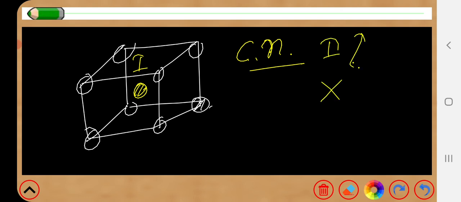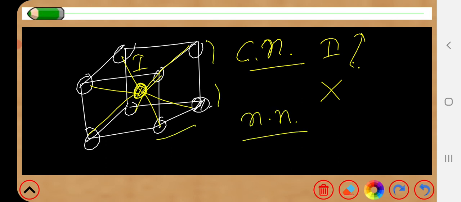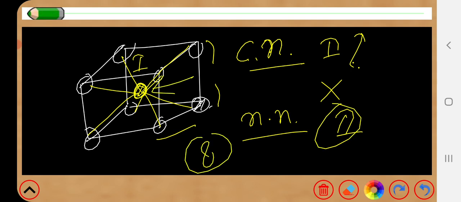easy, we don't need to bother about any other unit cells. So this is the central atom I and it is at the middle, so all the corner atoms are at equal distance from the I atom, hence all these corner atoms are the nearest neighbors for the I atom. So there are 8 nearest neighbors for the I atom, hence the coordination number is 8. So either you take any corner atom or the central atom, you always get the same answer. The number of nearest neighbors is 8 for the BCC structure, hence the coordination number is 8.